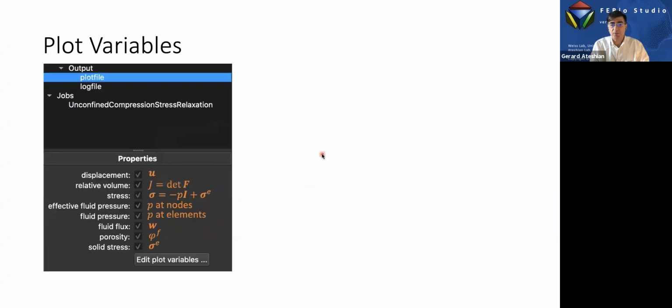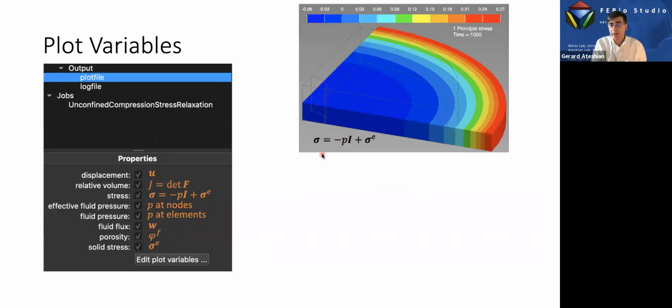Now I'm going to switch back to my slides, and I'm going to talk about some of the important reasons why biphasic analysis is important for modeling biological tissues, in contrast, let's say, to an elastic analysis. So this is the response for the mixture stress in the first principal direction, so the maximum direction of principal stress, which in this case is going to be radial or circumferential. Okay, so what we see is that if you look at this,